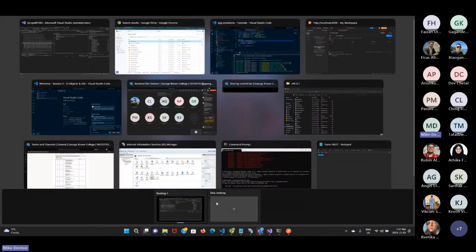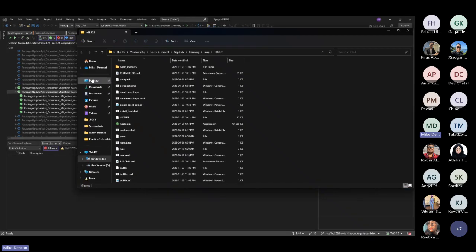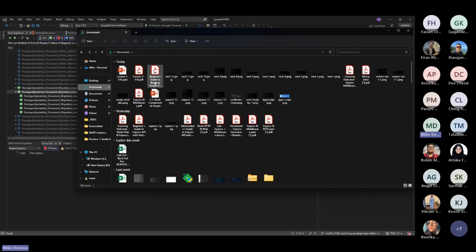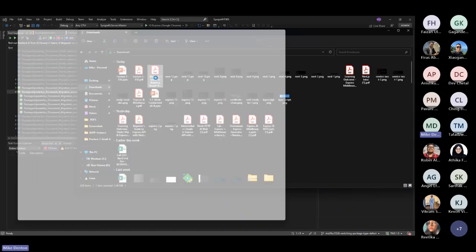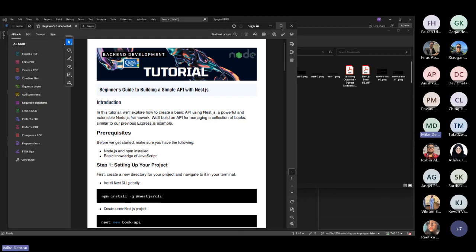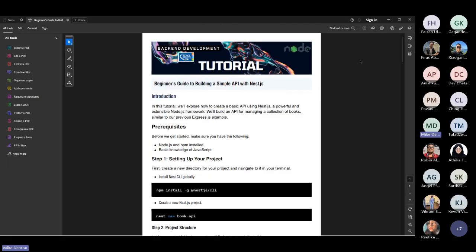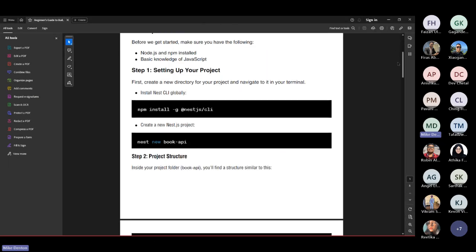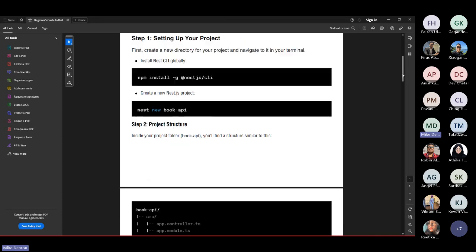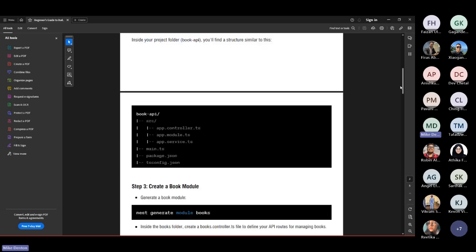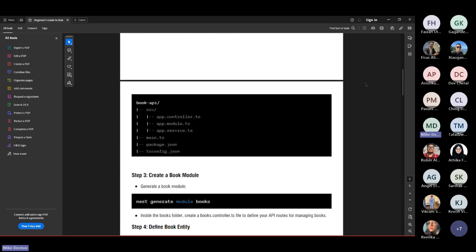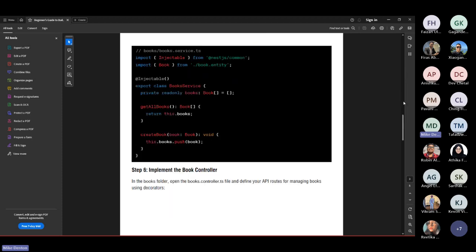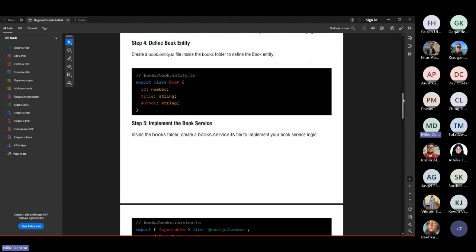I will just go to my download folder somewhere because I know I have it, and it's the building a simple lab with Nest. Let me expand this out. So it'll walk through how to install the Nest CLI globally, how to scaffold out this Books API. Then you'll have this initial setup that we went through. You have the app controller, module, and service. It's configured for TypeScript, and